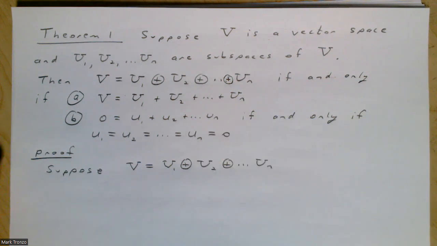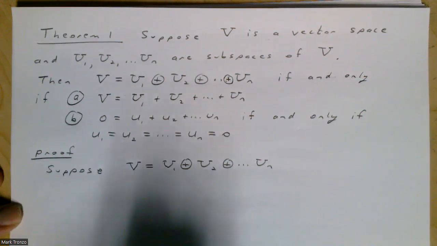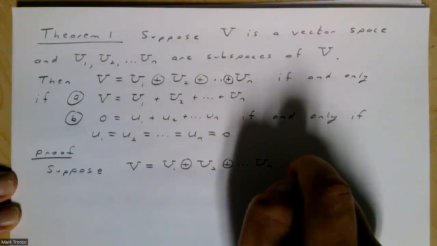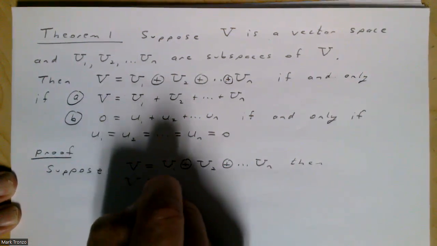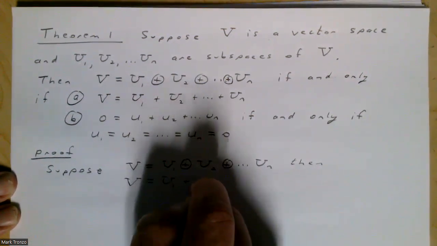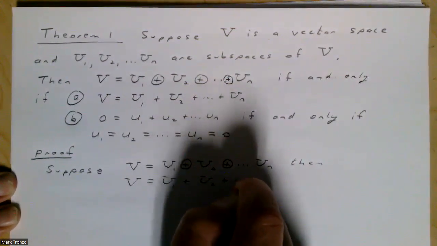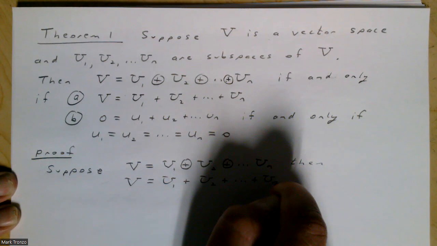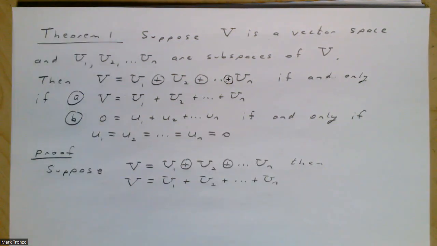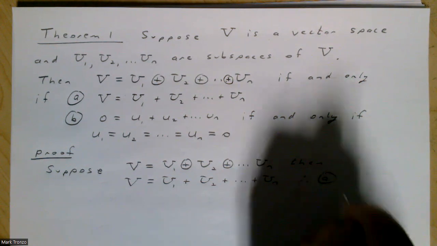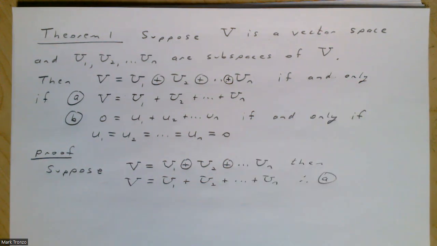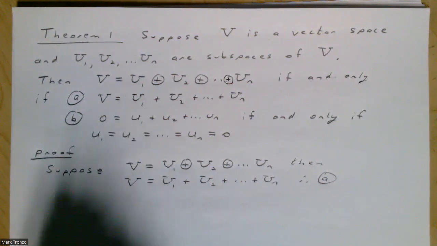Then, as I mentioned previously, if you have this, you automatically have the sum part, because by definition, you have to have that sum. So therefore, A is proven. Now to try to prove B,